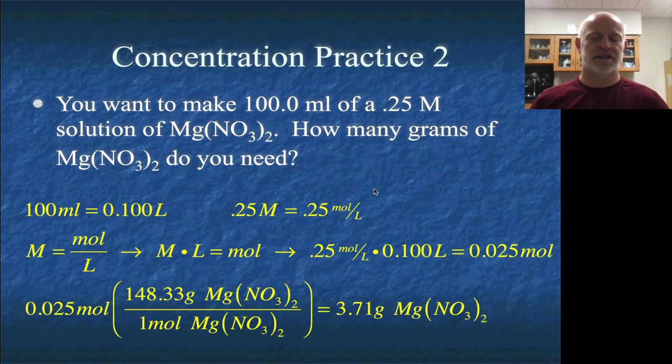Usually in a lab setting, if you use 100 milliliters of water and pour this much mass in, you will get very, very close to the right concentration. The problem is that the actual volume of water is not going to be the same as the volume of your solution, okay? What I mean by that is if you use 100 milliliters of solvent and 3.71 grams of